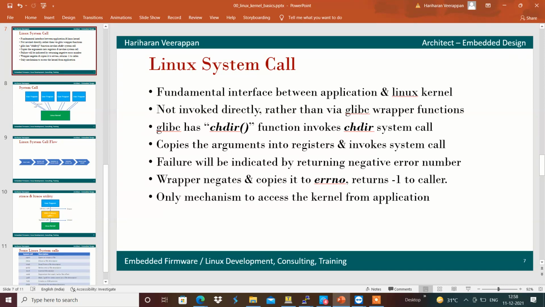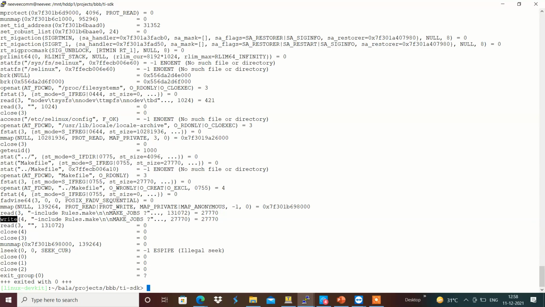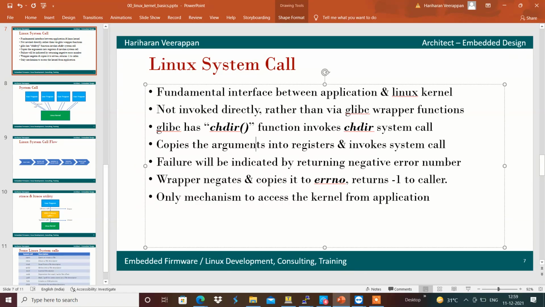A write system call will be invoked with the help of the Linux system call interface, which puts the arguments into the registers and invokes the system call. For example, an fstat will take the argument of a file node and mode of operations. All those things will be provided to the system call as the respective arguments that will be used accordingly.